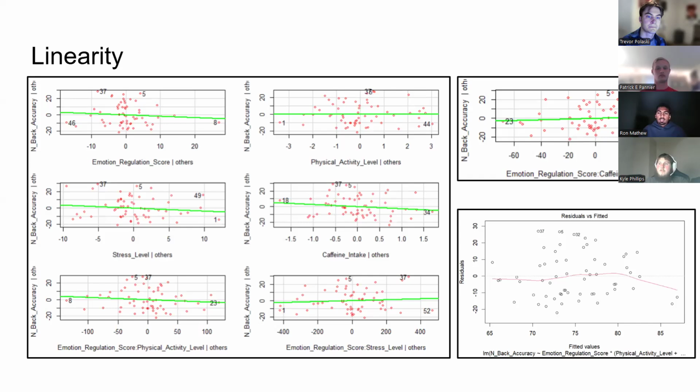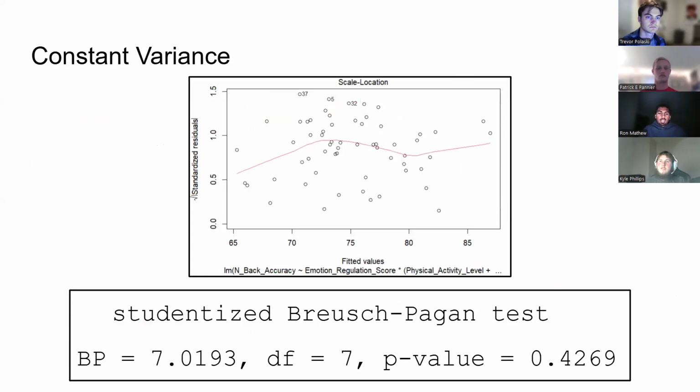For the linearity diagnostic, we can see that the residuals versus fitted plot appears fairly normal with no overall pattern in the data. And with the added variable plots, there's no pattern within the individual models, and the lines appear to match a linear model and uphold the linearity assumption. For constant variance, we can see that the Breusch-Pagan test has a p-value of 0.4269, and this is also verified with the plot as there is no apparent pattern, indicating that there is constant variance across the whole data.